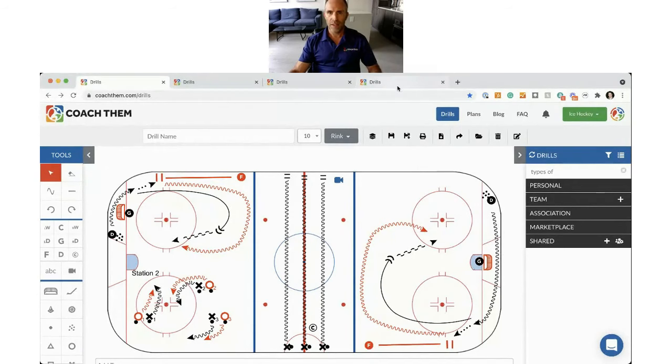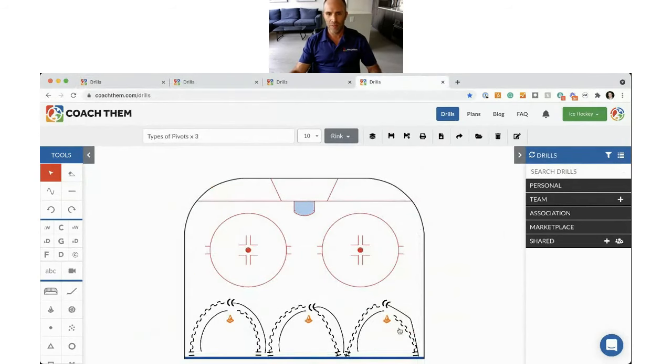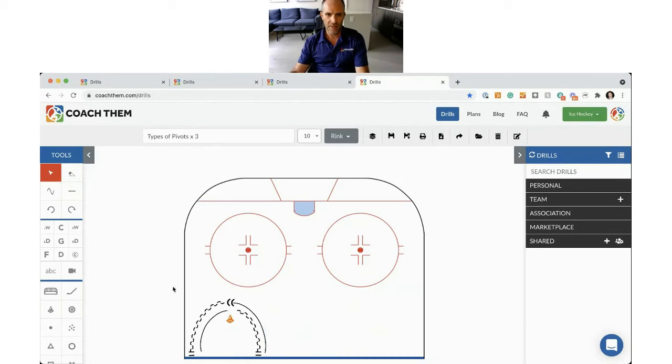Now, one of the things that is pretty cool is, remember those drills that you're trying to make the same? Those same ones that are the same thing over and over again? Well, hey, let's get rid of all this, and let's just copy this.